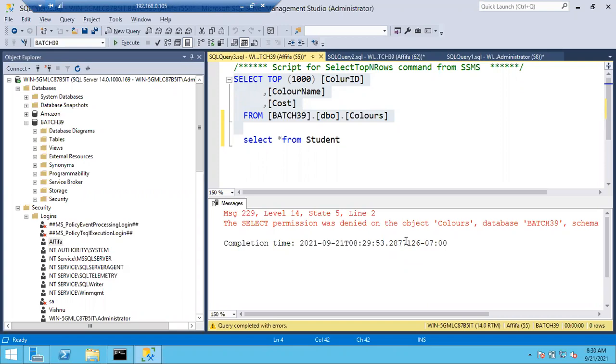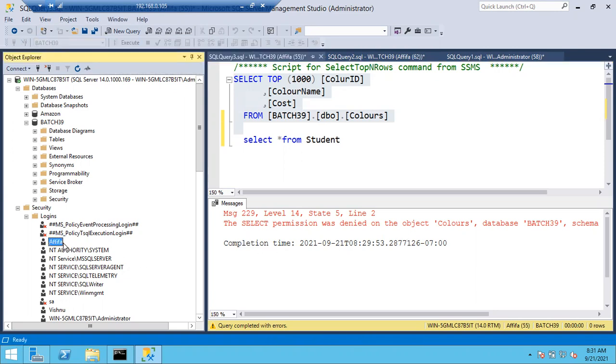No, different. Okay. See, in that way also you can give it, but what is the problem? That is a role only for one permission. Why do we have to create a role again? This is a single permission, right? For a single permission, why do we have to create a role? If you have multiple permissions, you can go with the role. For a single permission, no need to create any role.